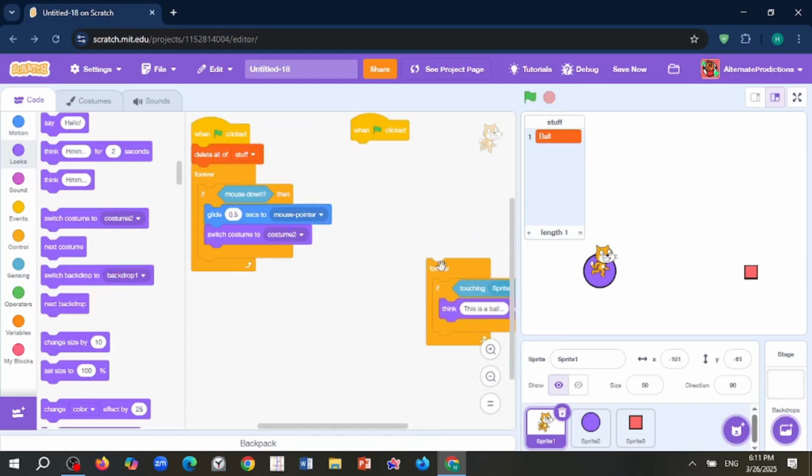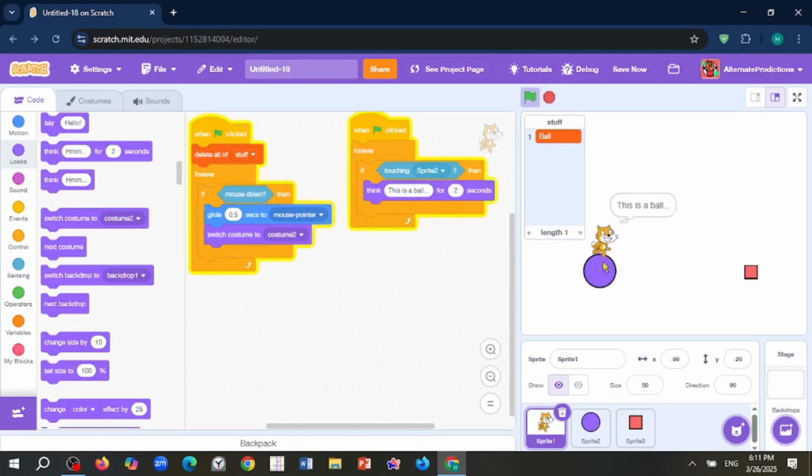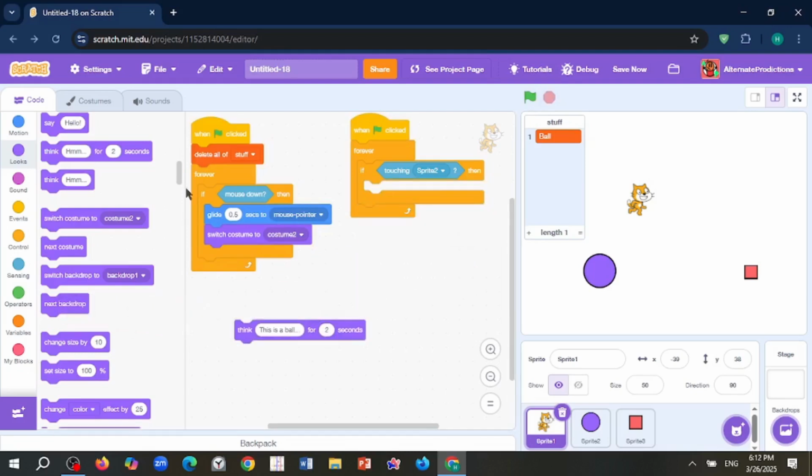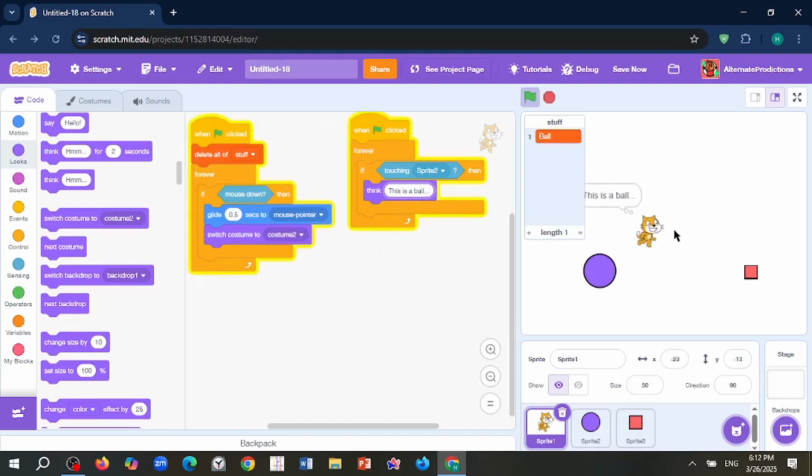Let me just remove it. It's a ball. Anyways,